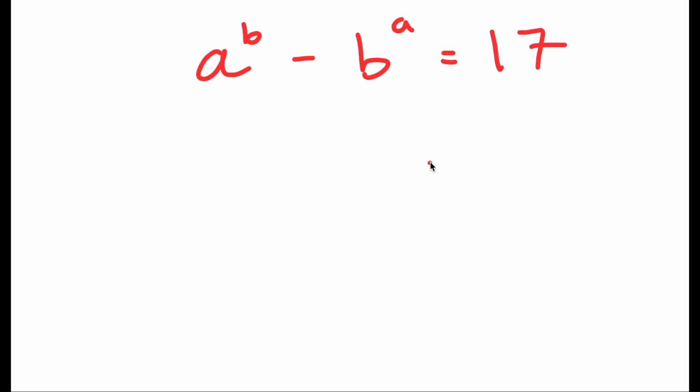Alright, so in this video, I'm going to solve the equation a to the power of b minus b to the power of a is equal to 17. So I want to find both the values of a and b. So now for my solution,